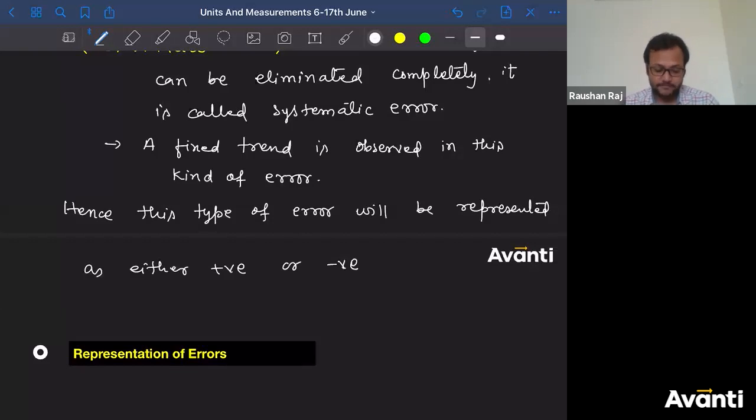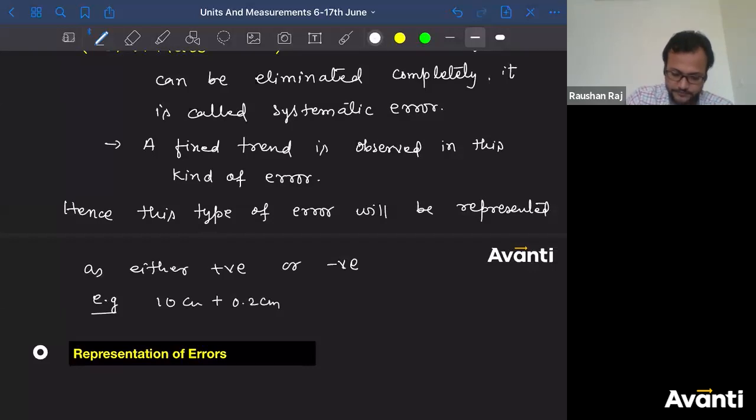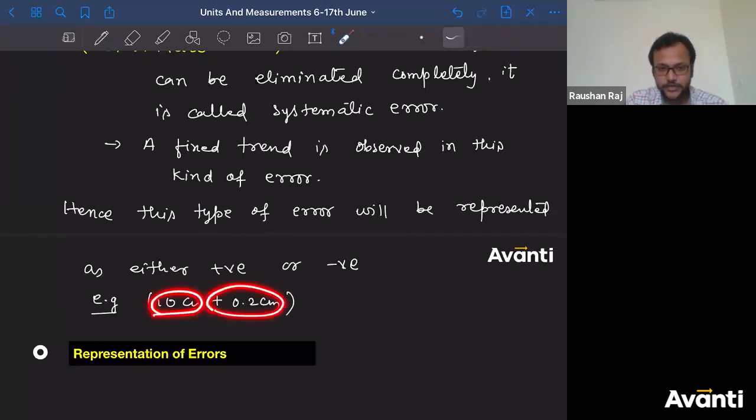Okay, so what I was saying, in this type of error, the error will be either positive or negative. To identify, if I give you an error like this, for example, plus 0.2 centimeter, okay? Let us say you are having a true value as 10, and the error in this is what? So 10 centimeter plus 0.2 centimeter. Tell me guys, what is this 10 centimeter? This 10 centimeter is nothing but the true value. What is this plus 0.2 centimeter? This is nothing but the error in that. So if you are having this 10 centimeter and this plus 0.2 centimeter, that means this is what? A determinate error or systematic error.